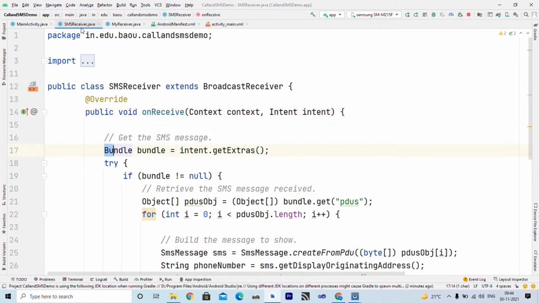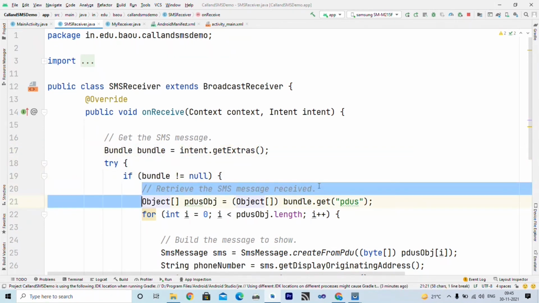I have created one bundle object, and to actually get the SMS we have to get it from this intent. So I write intent dot getExtras. Whatever information is contained in this intent is received inside the bundle. Now if the bundle is not null, it means SMS is received.